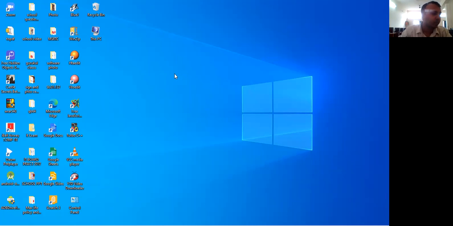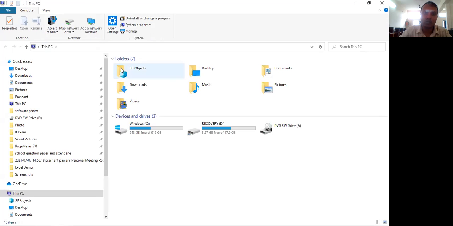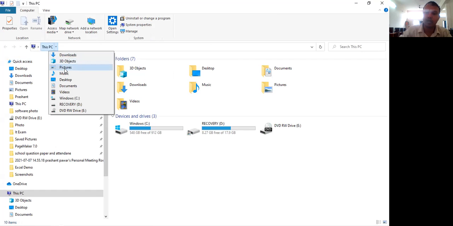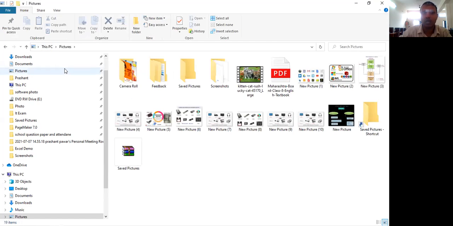That is why it is called resource management. This operating system is called resource management. So this mouse is a resource. We are clicking on this My Computer through the mouse. Or even now I will press the enter button. Look at this. I will press enter, and what will happen? You can see I have pressed enter on the picture folder, and the operating system opens the picture folder through the enter button of the keyboard.